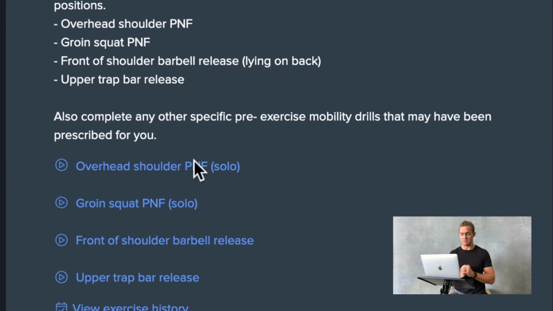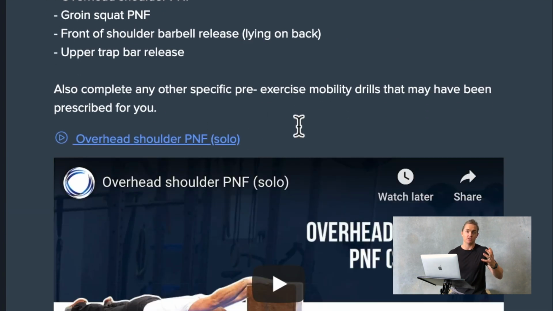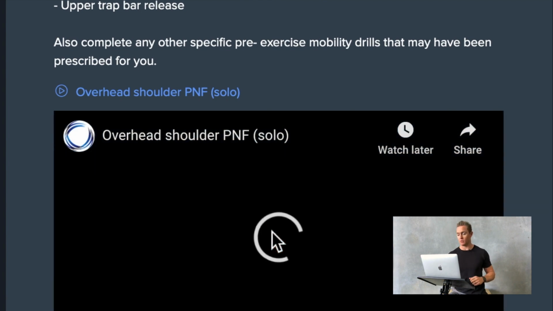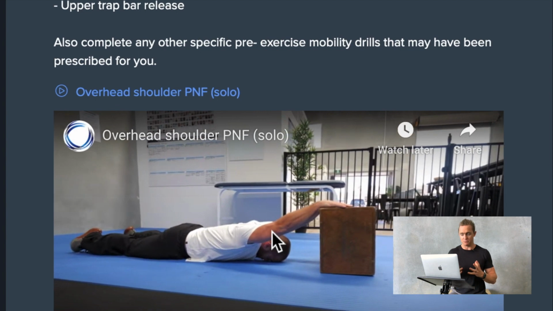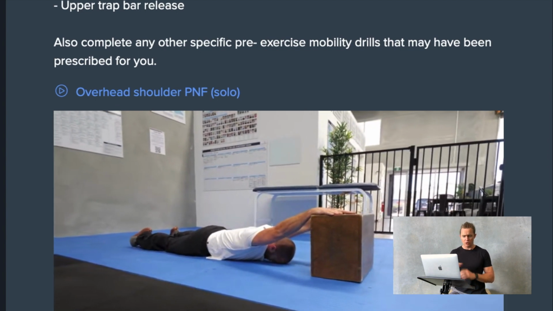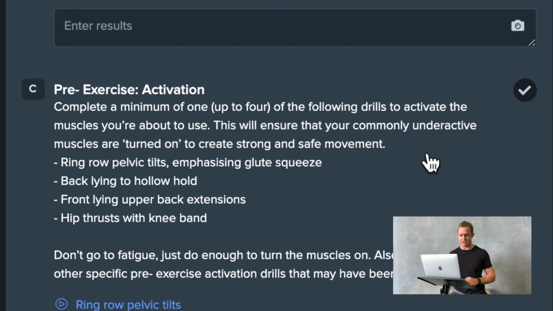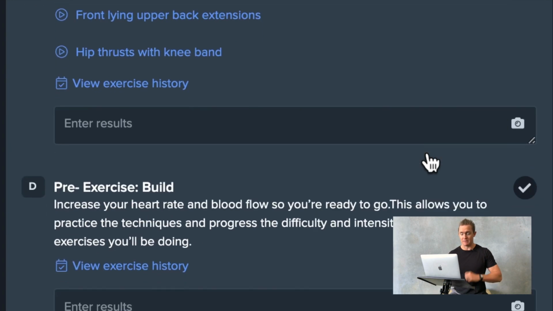Pre-exercise mobilization is basically releasing a lot of the muscle groups that we will be experiencing in the sessions themselves to ensure we have safe and efficient movement. You can see we have a very comprehensive video library of all of the movements that are performed in each day's training. From there, we move on to pre-exercise activation work to turn on the muscles we're about to use